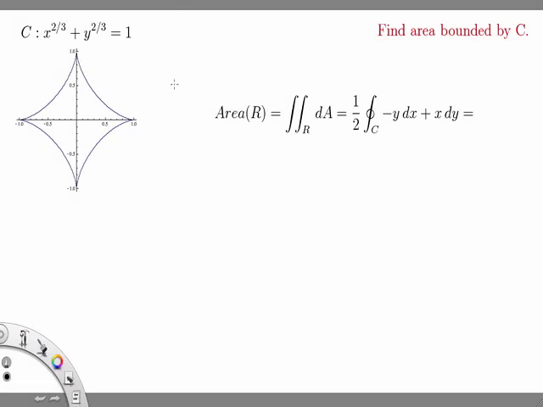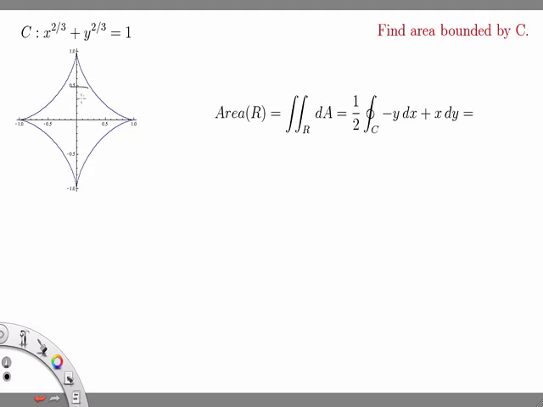Let's go through an example of using Green's theorem to compute a double integral in terms of a line integral. So the problem is we're given a curve C, which is x to the 2/3 plus y to the 2/3 equals 1. So C is pictured here. It's this star-shaped curve. And we can see that C is closed, so it bounds some region, which we'll call